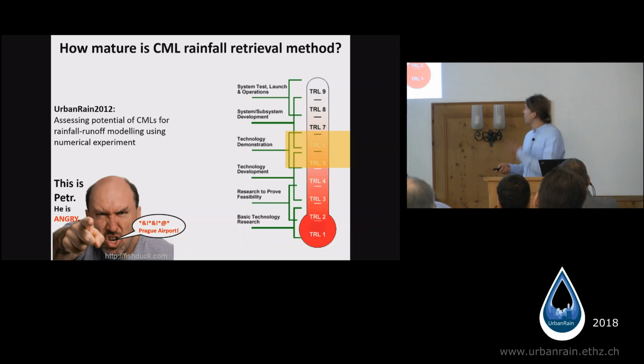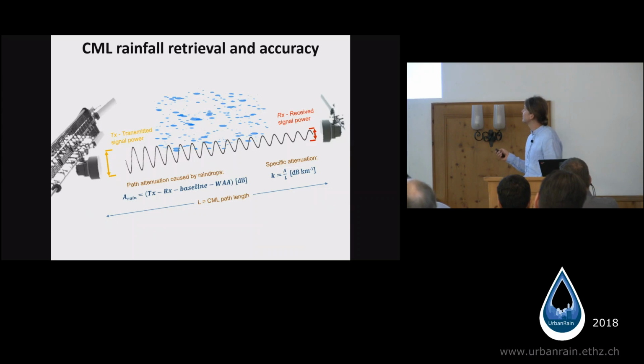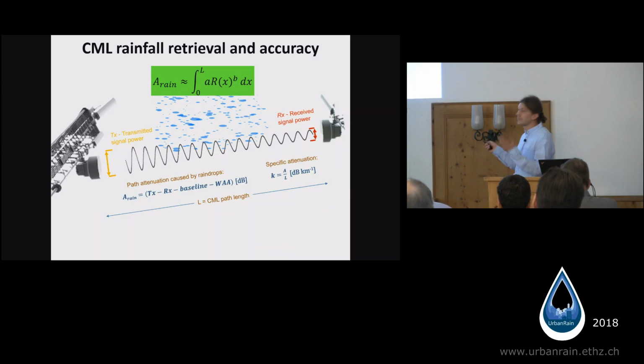of data. However, even though we are in this demonstration phase, there are still big challenges in terms of accuracy of microwave links, and especially some systematic errors. And the main problem is, we can describe very well the physics behind attenuation of the microwave link by raindrops. We can also fairly well approximate it with some power law and say how much it will be attenuated along its path, and vice versa, convert this specific attenuation